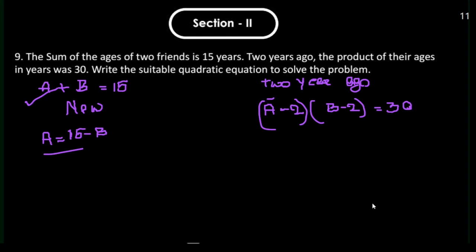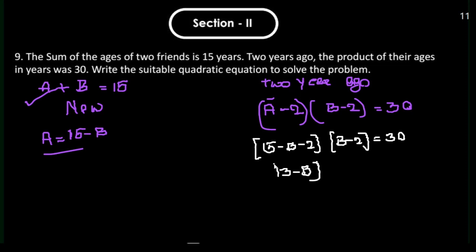Then the equation will be a is nothing but 15 minus b, right? So it is 15 minus b minus 2. Okay, and then b minus 2 is equal to 30. Got it? Now 15 minus 2 will be 13 minus b, and b minus 2 is equal to 30. Got it? Now if you multiply these two values, then what you will get, 13b, okay, minus 26 minus b